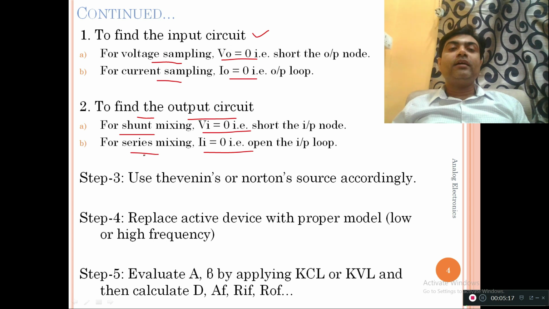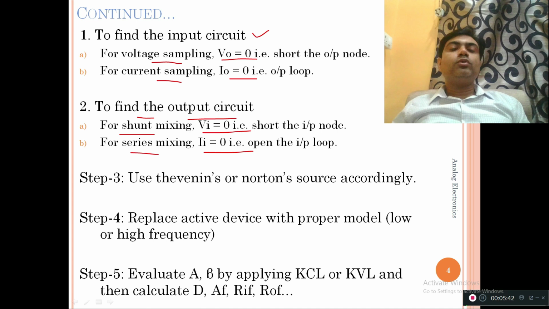Similarly, when I say that I am going to mix the feedback element with the source voltage in the form of the series mixing, then definitely that will be the voltage, so I cannot drop the voltage, I cannot make the voltage equal to 0. So what remains is the input current, and the same theory is applied here also.